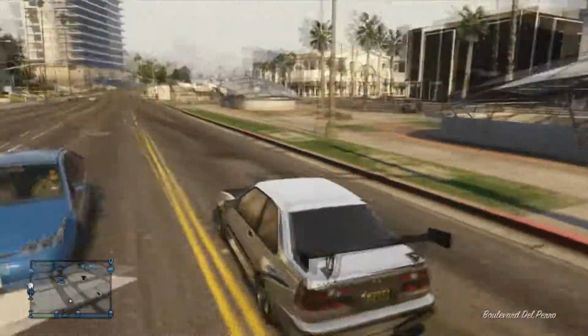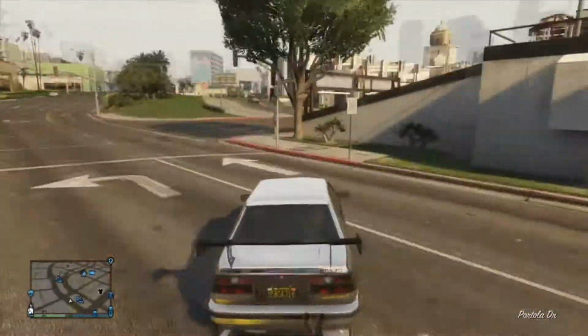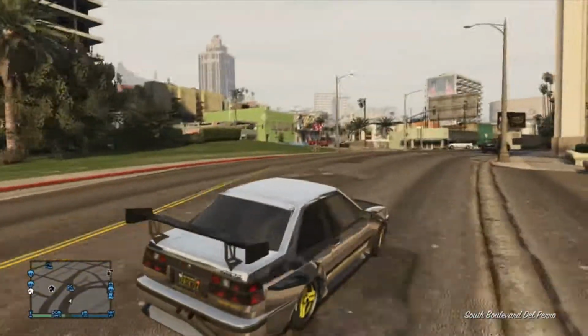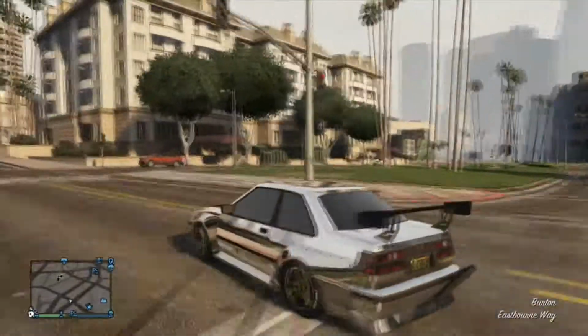For example, with the hood, you can have it with the carbon fiber or not. And I think there's 3 or 4 different hoods you can put on it. The spoilers are really nice. This one's pretty tall, but it's the highest one, so I like it. This car is completely maxed out